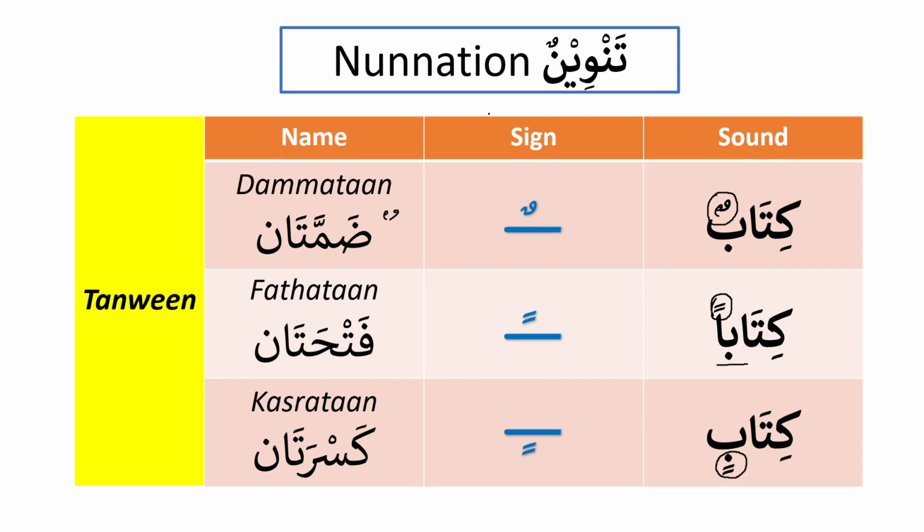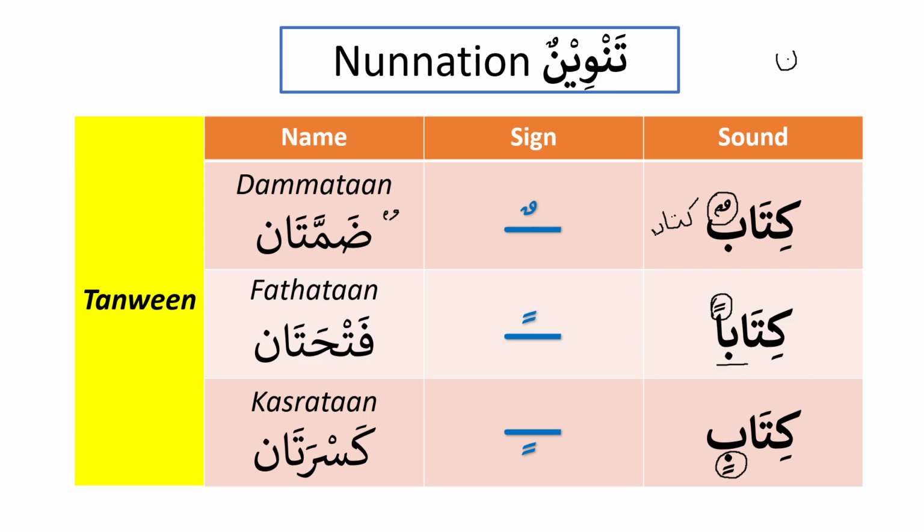Why do we call that nunation? Because this is also basically the noon sound, but it's a different way of writing noon. So you should know that noon is written in two ways. Number one, it is written like this, and number two, this is also noon. How? When you read it, how do you read it without stopping? You will say kitabun. How will you read it? Kitabun,